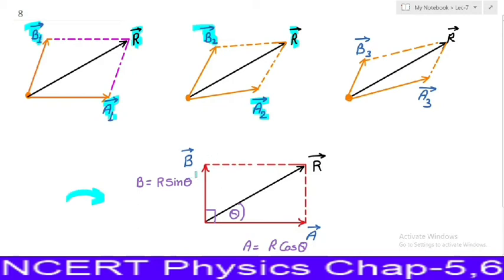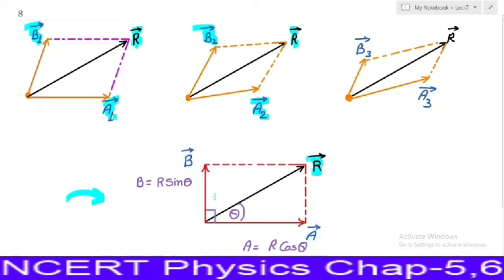However, in this diagram also, we have broken vector R into two vectors A and B, so that the resultant of vectors A and B corresponds to vector R. But the special thing is, in this diagram, the two components are perpendicular to each other. Means the angle between the two components is 90 degrees. So this is a special case where we break a vector R in this way so that the angle between the components is 90 degrees. So this is a special case which is very much used in physics.